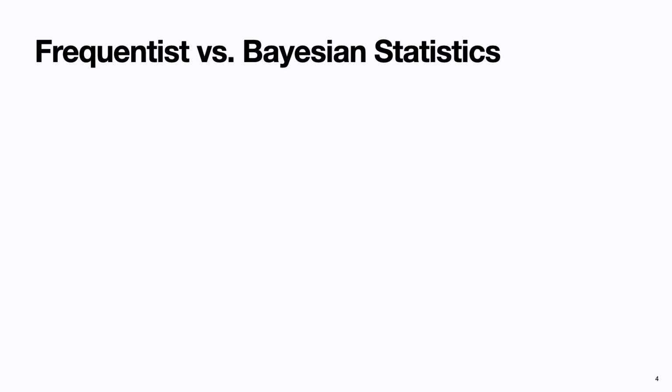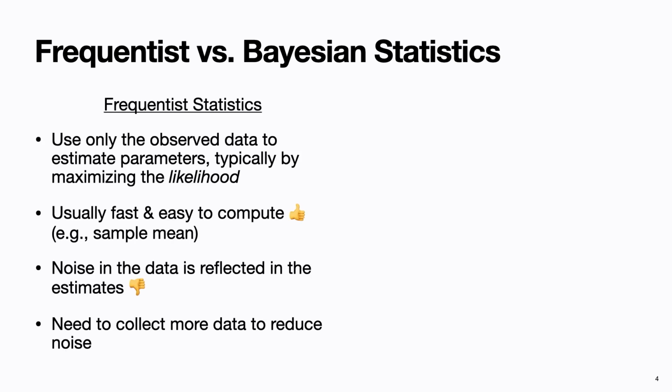Okay, so first, what are some of the differences between frequentist and Bayesian statistics? So frequentist is really classical statistical analysis where we use the observed data to estimate the parameters of our model. Typically, this is done by maximizing what's called the likelihood. The nice thing about frequentist approaches is that they are usually fast and straightforward, easy to compute. Think about things like a sample mean. The downside is that any noise in the data is reflected in our estimates. And our main technique to reduce that noise is to collect more data, which of course in imaging is easier